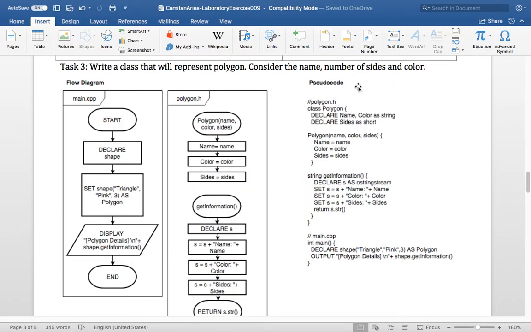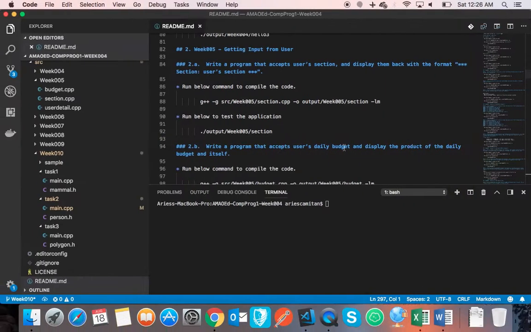Similarly on my pseudocode, on my polygon class, I have declared the name, color, a string. This is my properties, and also size, a short. So I have a constructor polygon. So I given these three parameters, I initiate the given parameters. Then afterwards, the get information function will be called. I just plug in all those properties to string, then return it back to the output from my terminal. Okay, so let's open